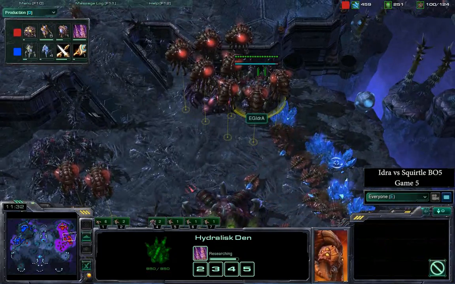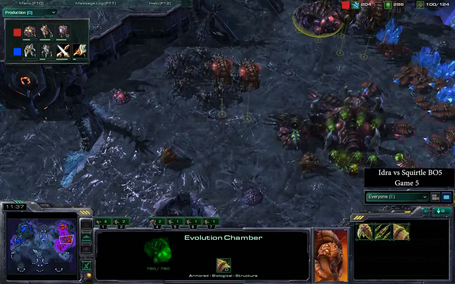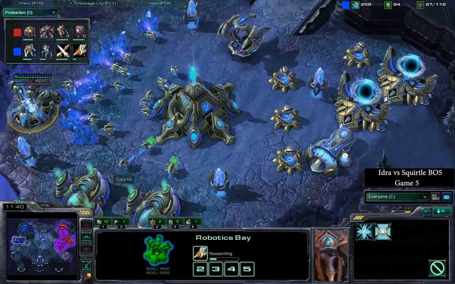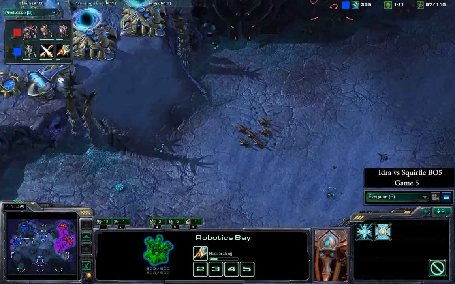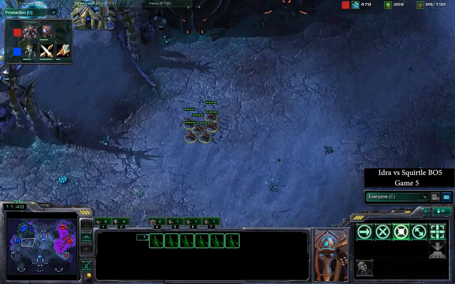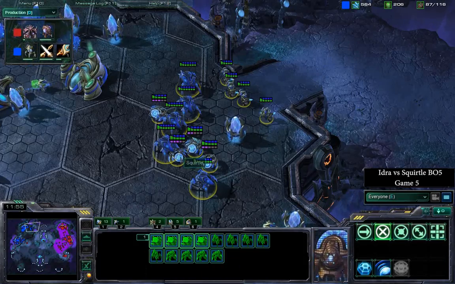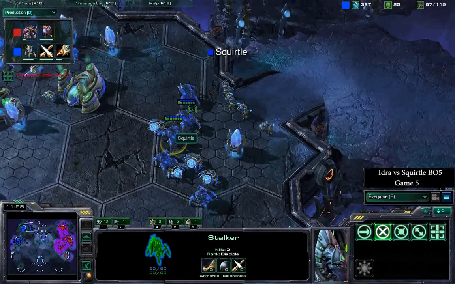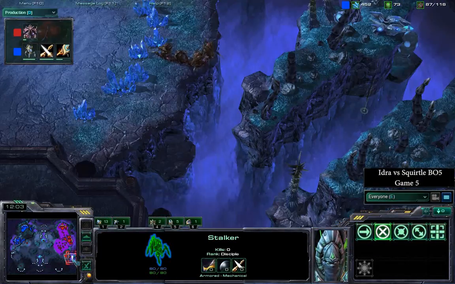He is getting Hydralisk range. Actually, he's not getting any upgrades yet from his Evo Chamber. Squirtle, on the other hand, getting the extended Thermal Lance, and of course, that's Colossus range. And he's also getting ground weapons level 1. And Squirtle here going to be setting the stage for a scary